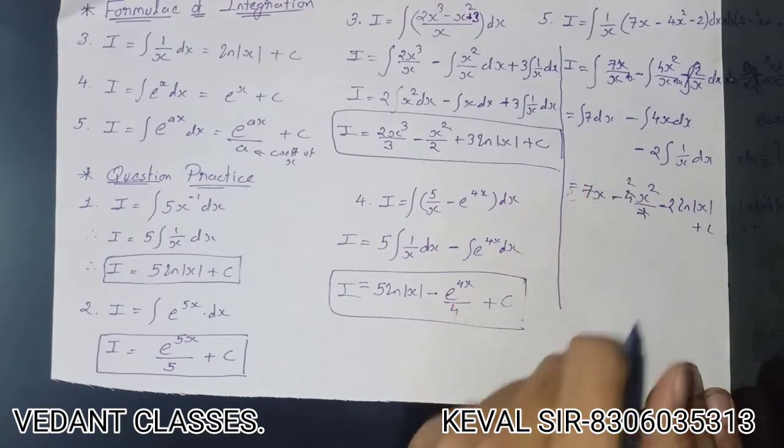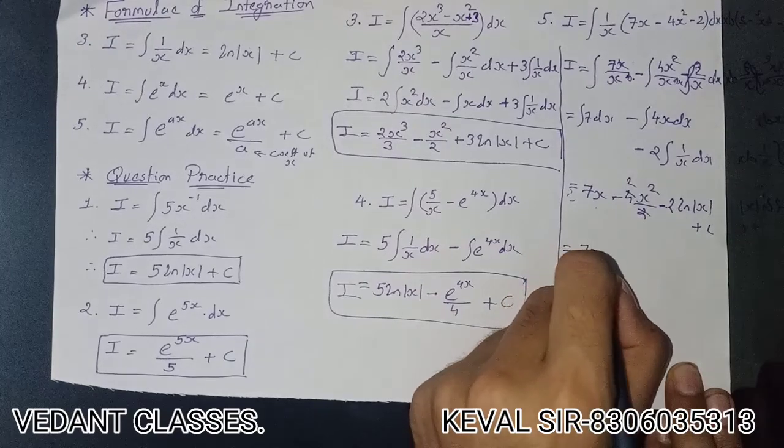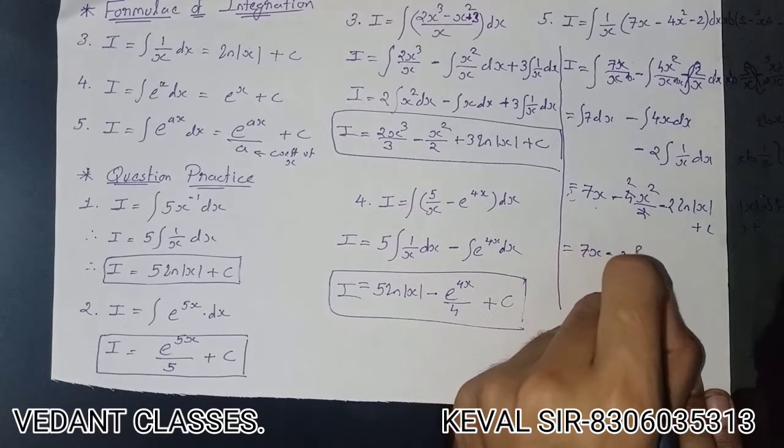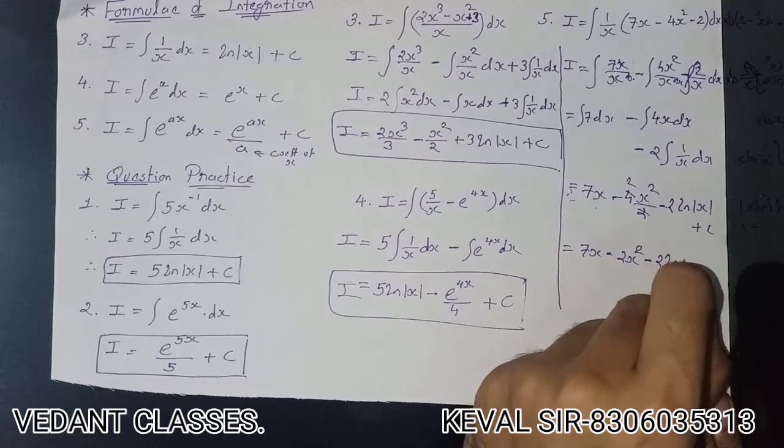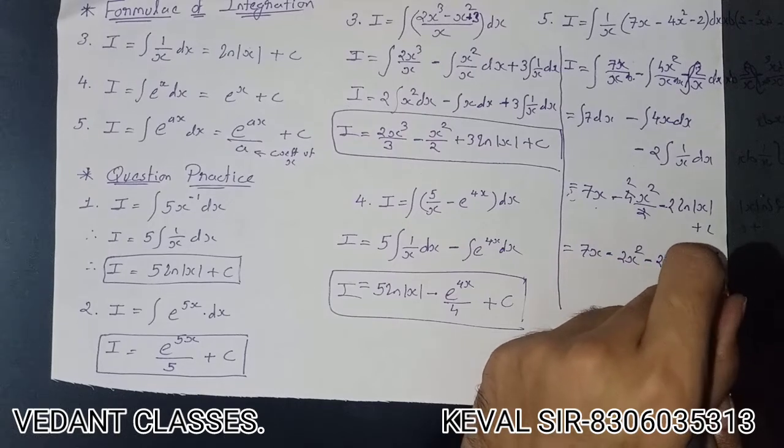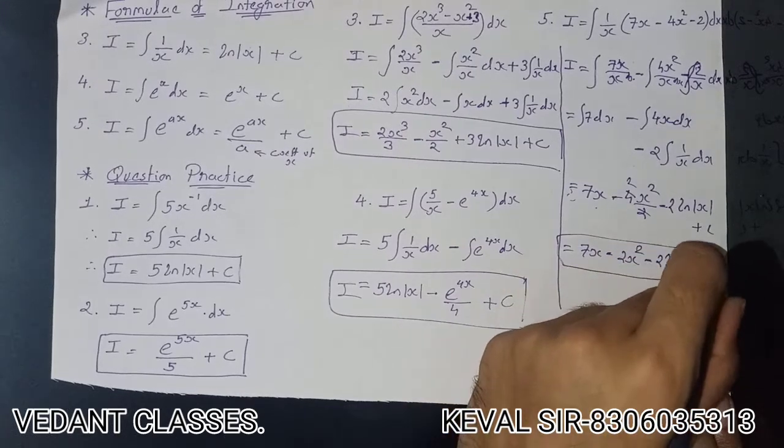So simply you just need to cancel this one. So this will be 7x minus 2x square minus twice of ln mod x plus c. So this will be your answer. Okay,